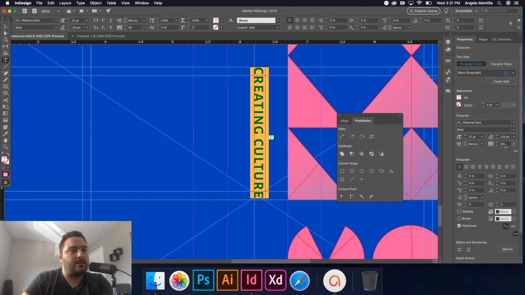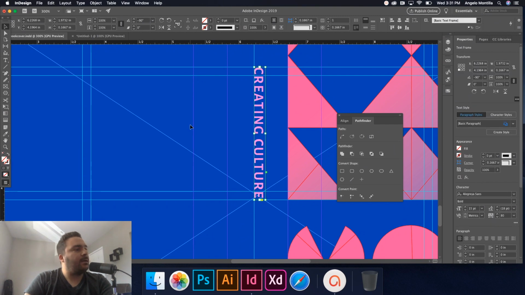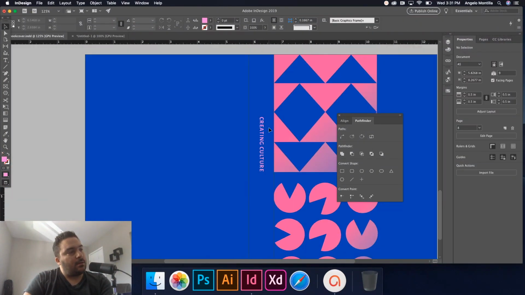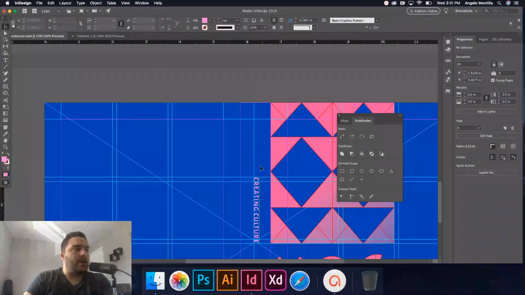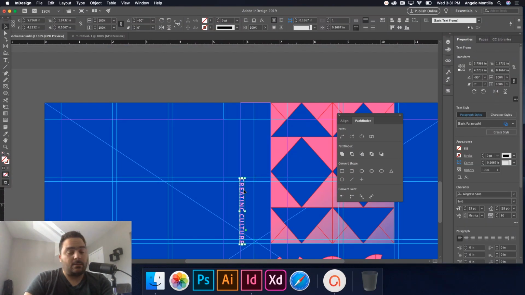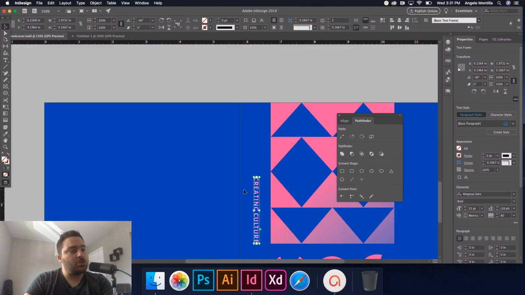When you select it, it's the VA with the 2 arrows, and there it is, it's positive 80. To take it back in, just hold Option or Alt and do the left arrow key. So it's the opposite, okay? So you want to keep that in the center of the spine. Obviously you don't want your text to be going into the other page. And so I'll do something like this, hold Alt, Option,